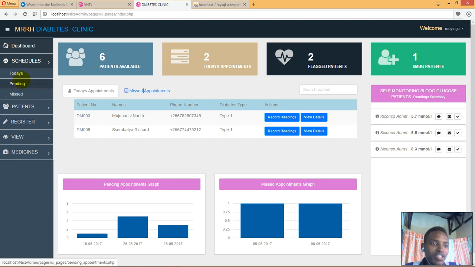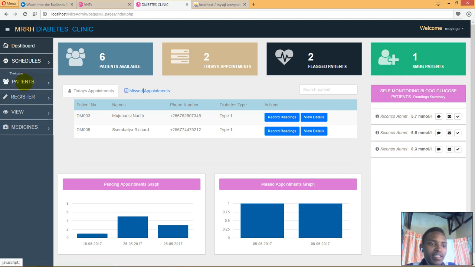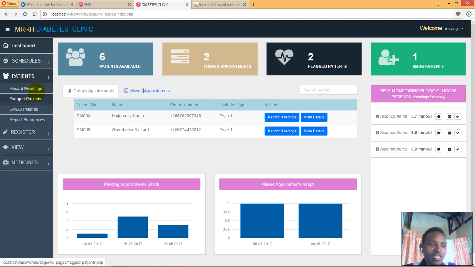On the side nav here, we have schedules. On schedules, we have today's appointments. We have pending appointments, missed appointments. Here we are displaying the list. Then when it comes to patients, here we can record the readings of a particular patient. Similarly, if you click here,